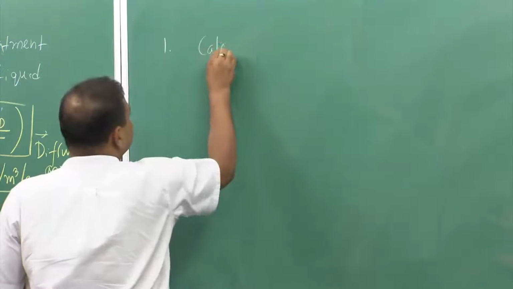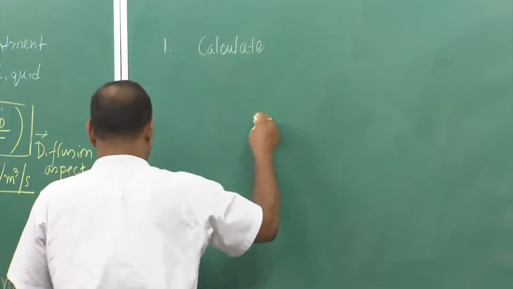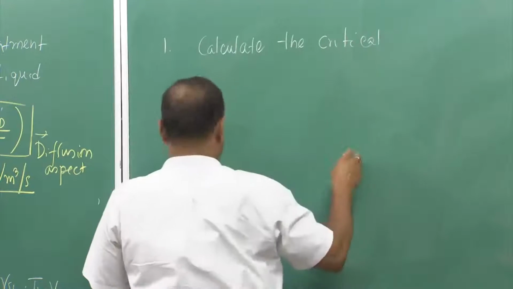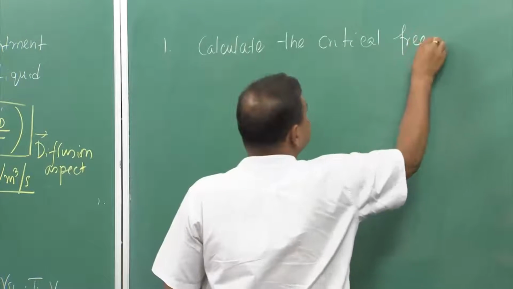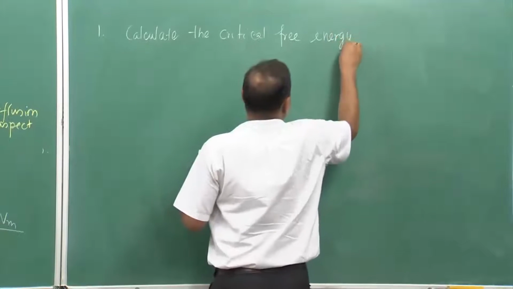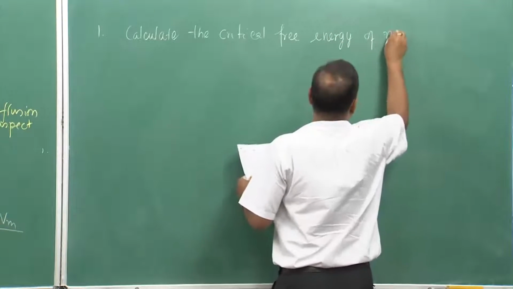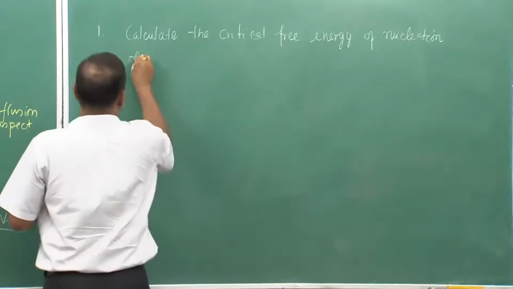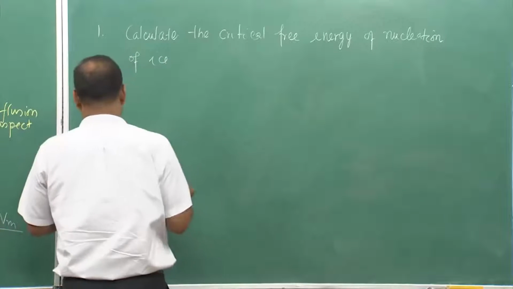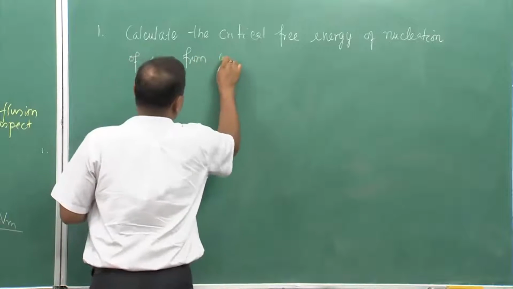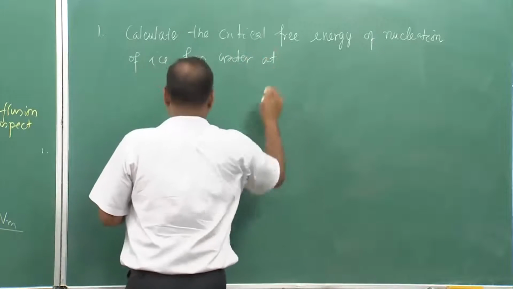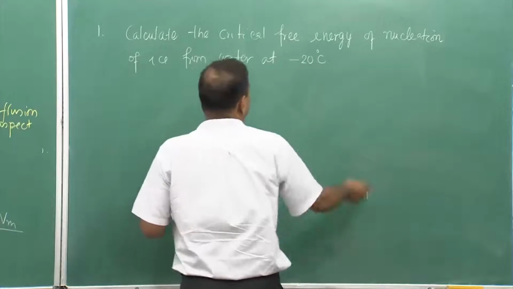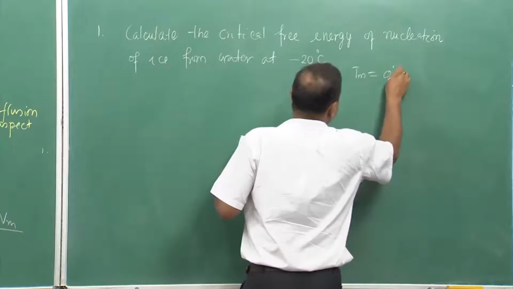Calculate the critical free energy of nucleation of ice from water, definitely, at minus 20 degree Celsius, where Tm is 0 degree Celsius,